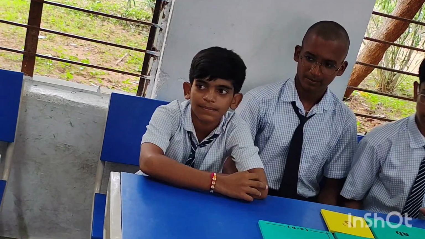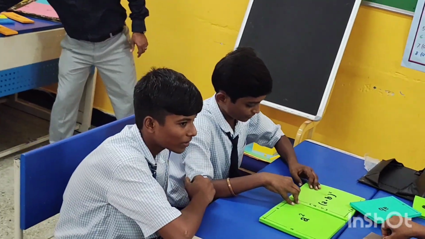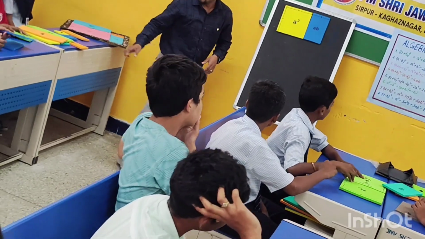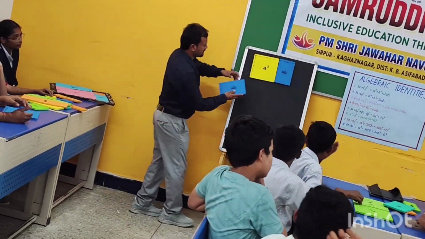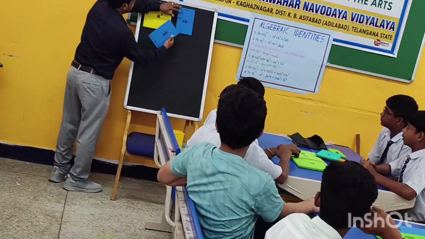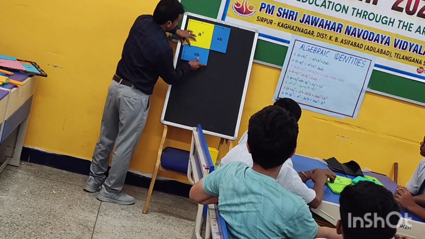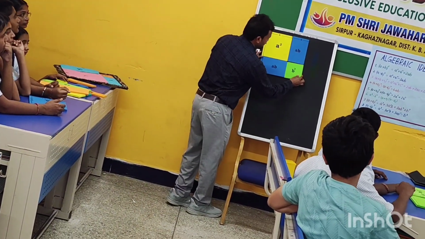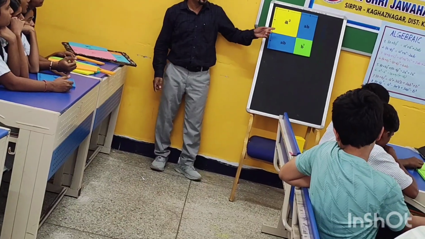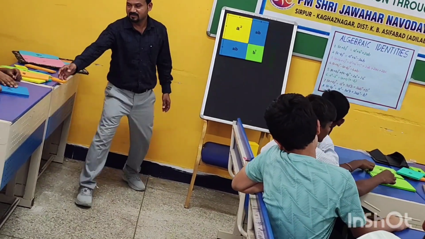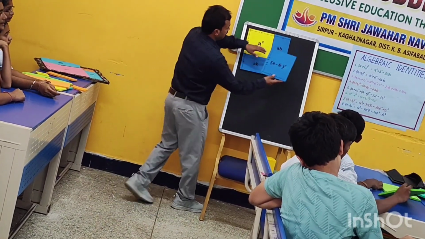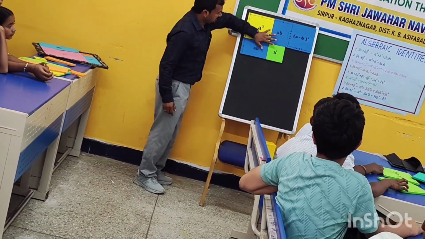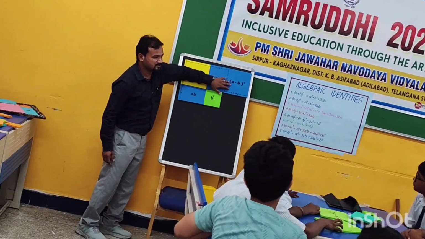Yeah, I got one good. A square. Yes, bolo. Yes, sir. This is B square. Yes, sir. This is again B square, as AB. A square, AB, and B square. This is A plus B. A plus B. We have again plus. This is how much? A plus B whole square minus A minus B whole square.